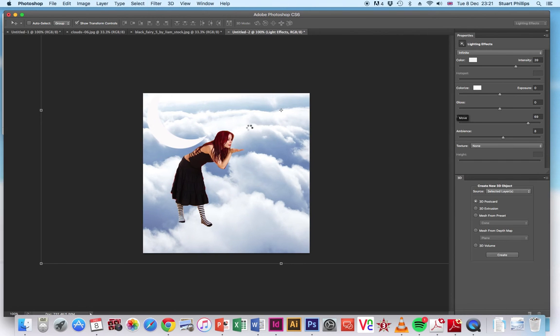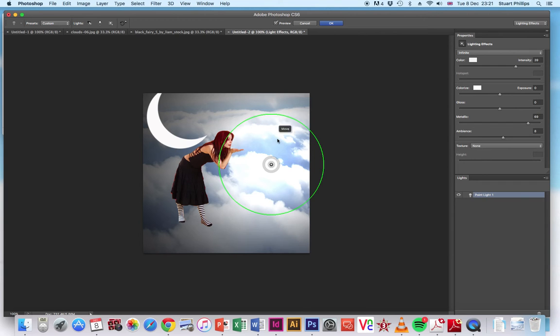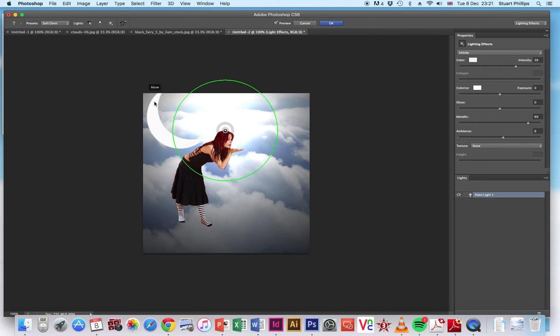Okay, now yours may look slightly different to mine. I'm running CS6. I'll check this the first time I'm in class with you, but it might look a little bit different. But I've got my lighting options over here, and then I've got some presets up here as well. Okay, what I want you to choose is somewhere along the line Soft Omni, which is what my one's on already,